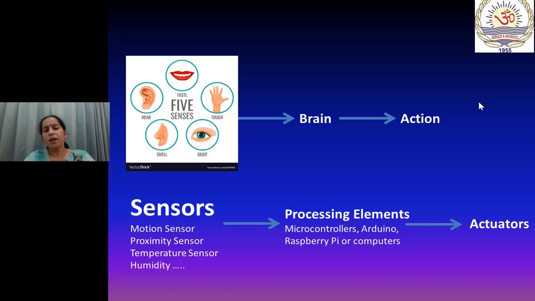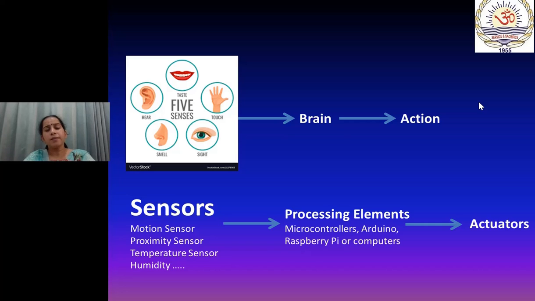We have a lot of variety of sensors available in the market. To have the working of the brain, we need some processing element. In the market, we have so many microcontrollers or boards available to do that. Generally, it is Raspberry Pi or Arduino. Or even we can use a computer for the same purpose.